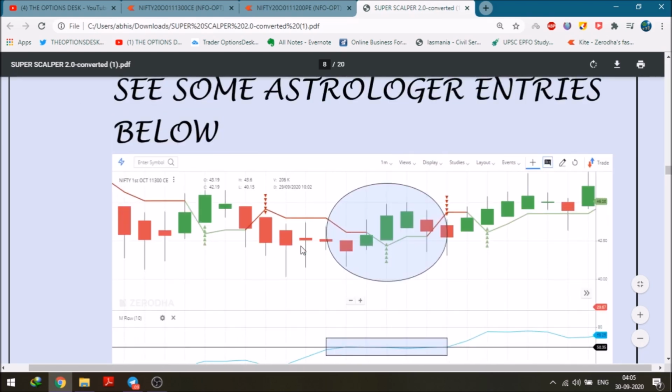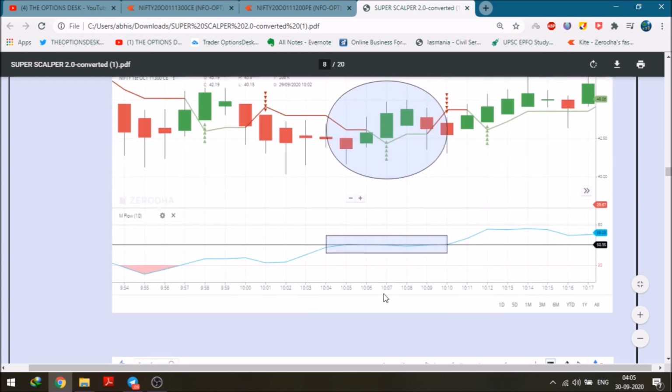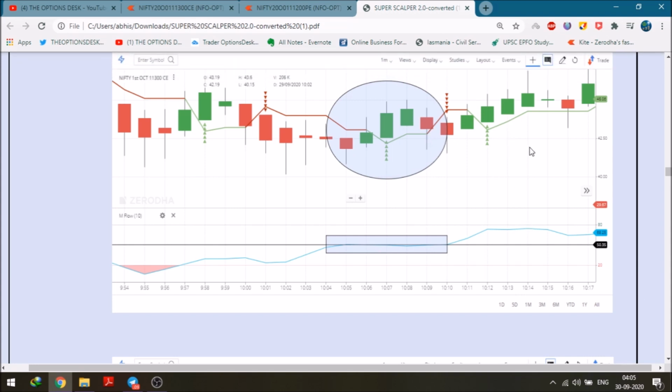Okay, so here the Super Trend has given a buy. MFI is still at the borderline. Just wait for the MFI to come to 52, 53, 54, 51. Doesn't matter, it's coming up, going down, coming up, going down. At least 52 or 53 you can wait. Once the MFI has given a good move, you can take an entry. Now that's the second trade.